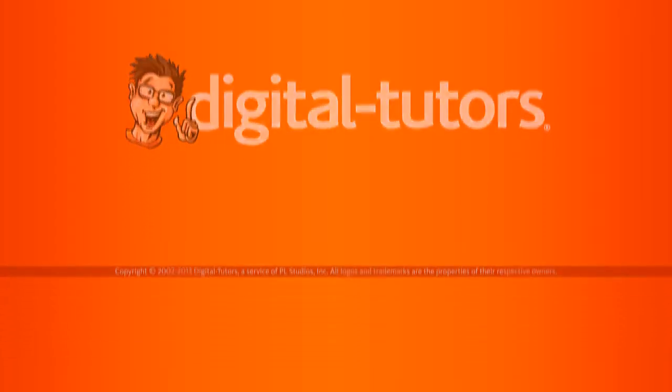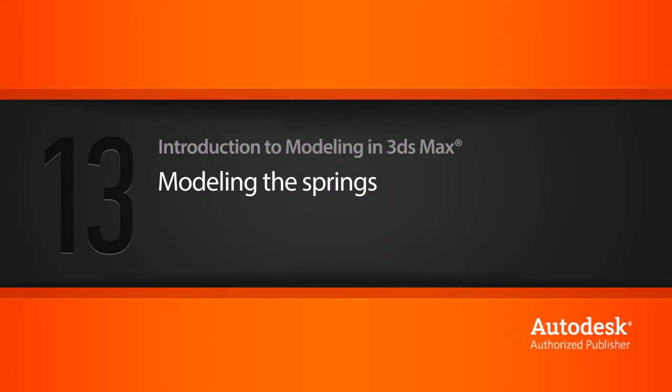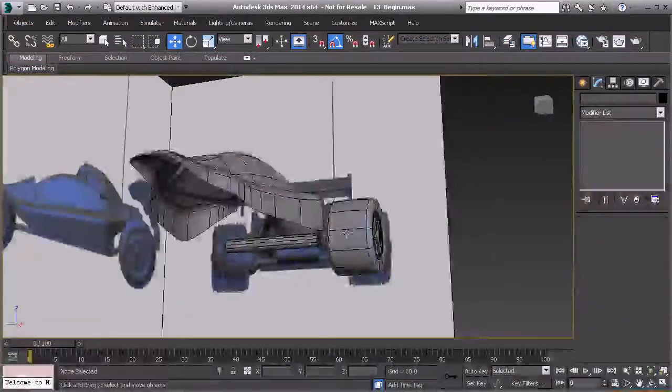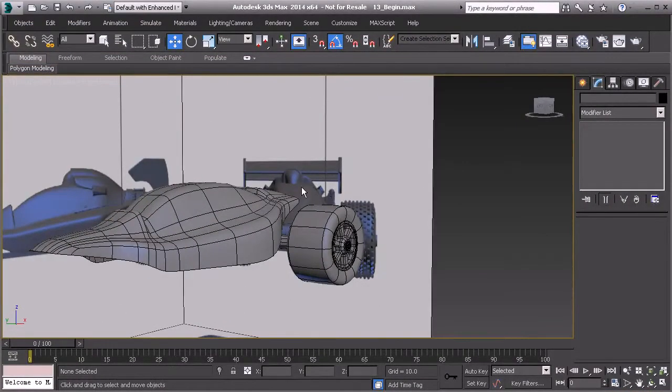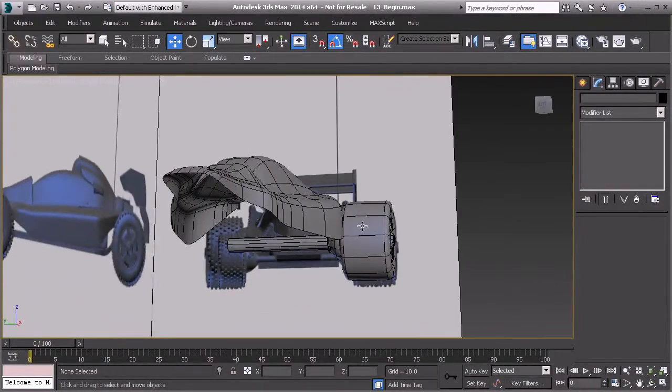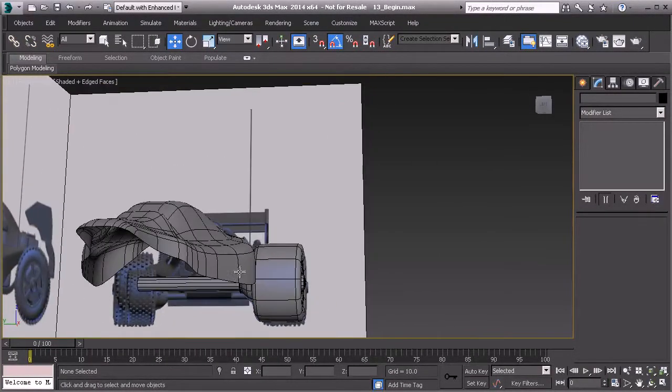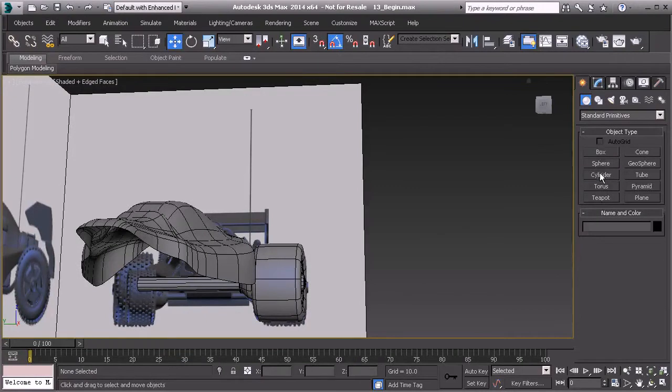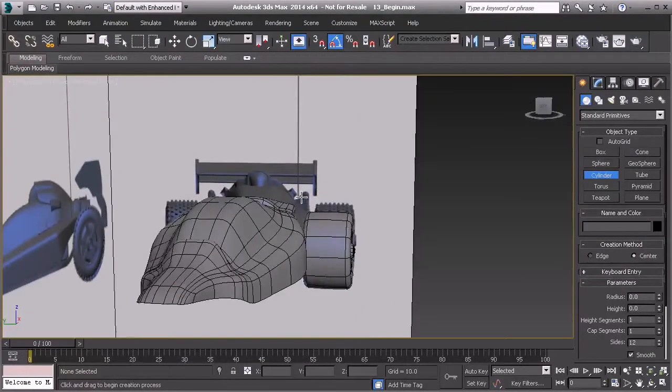In this lesson, we're going to learn how to model the spring for our car. Alright, so we've created the wheel assembly and the axle, and now what we want to do is go ahead and create the spring assembly just to get this started to be put together completely. So I'm going to start out with just a simple cylinder to create the overall hydraulic shaft that we would